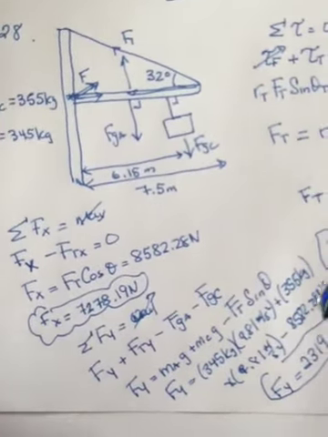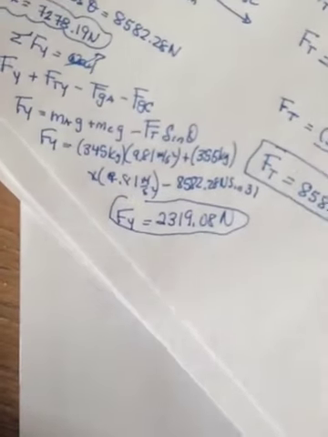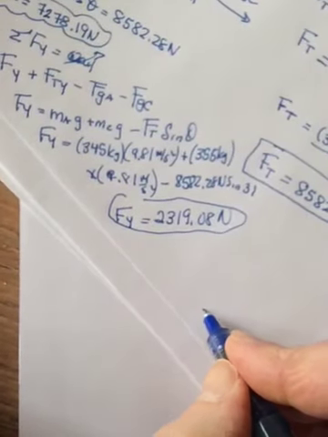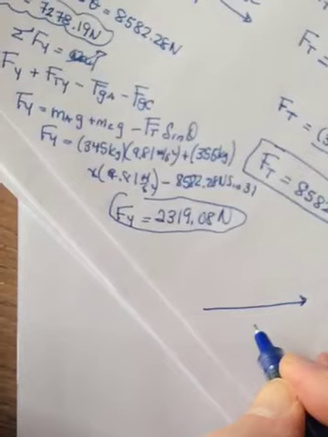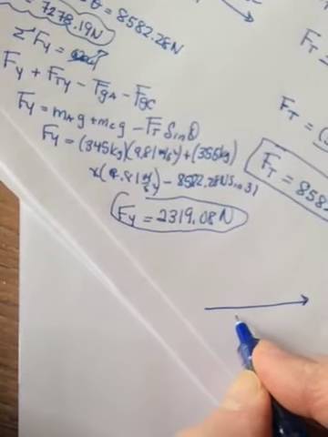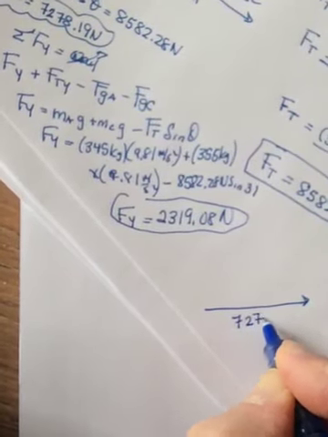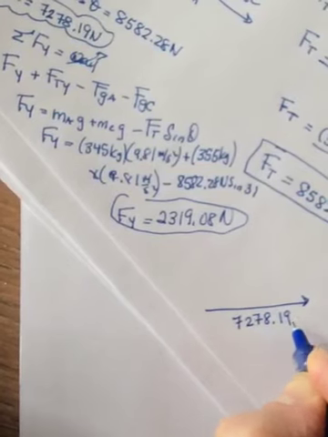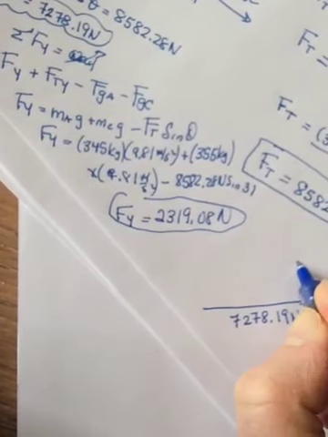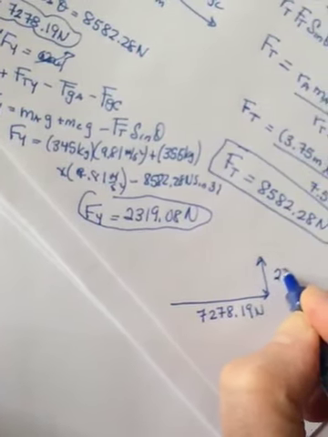Okay, sorry, I know it's on an angle. Let me straighten this out. Alright, so we have an x component. That was 7,278.19 newtons. We have a y component. That is